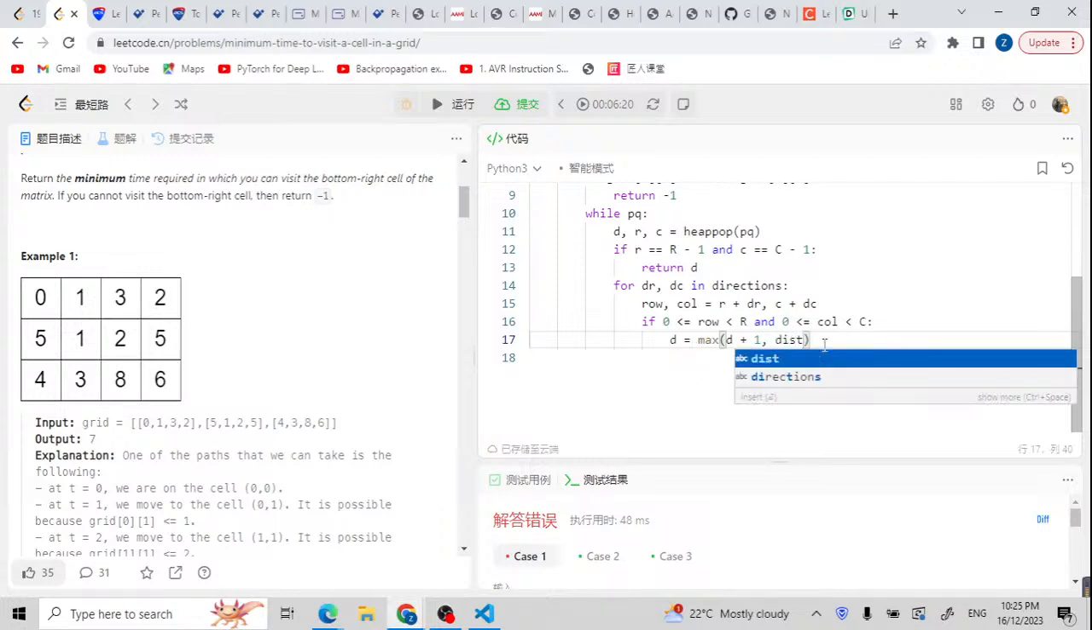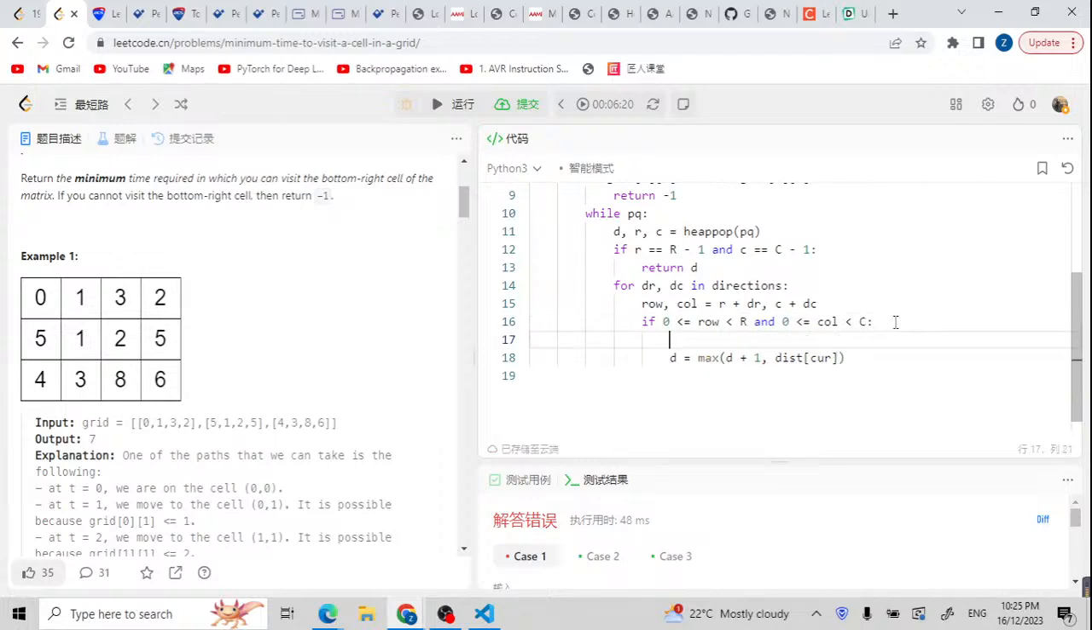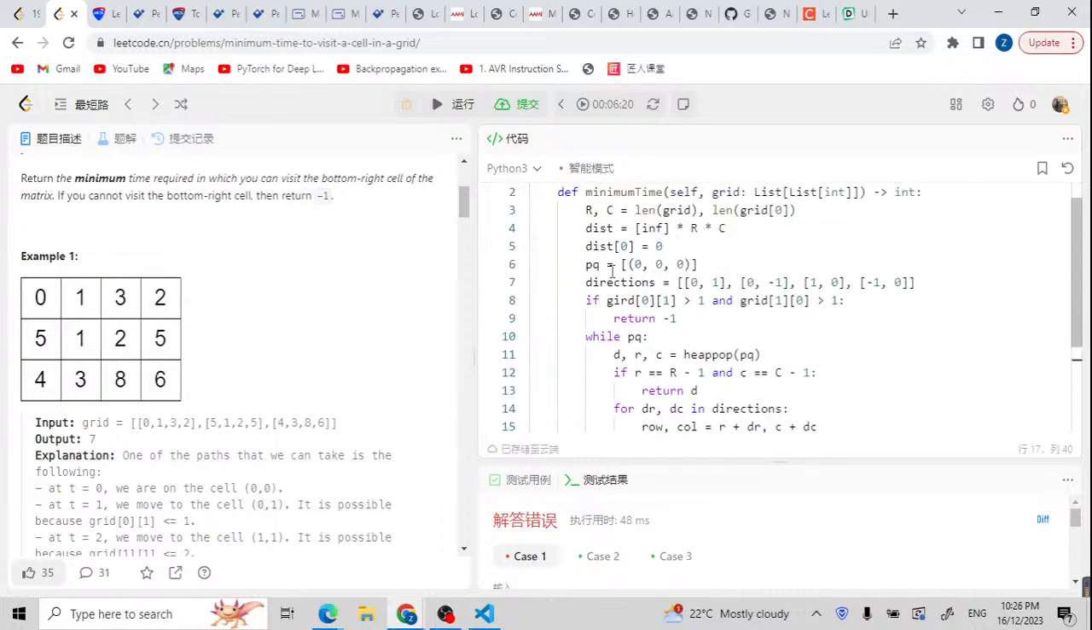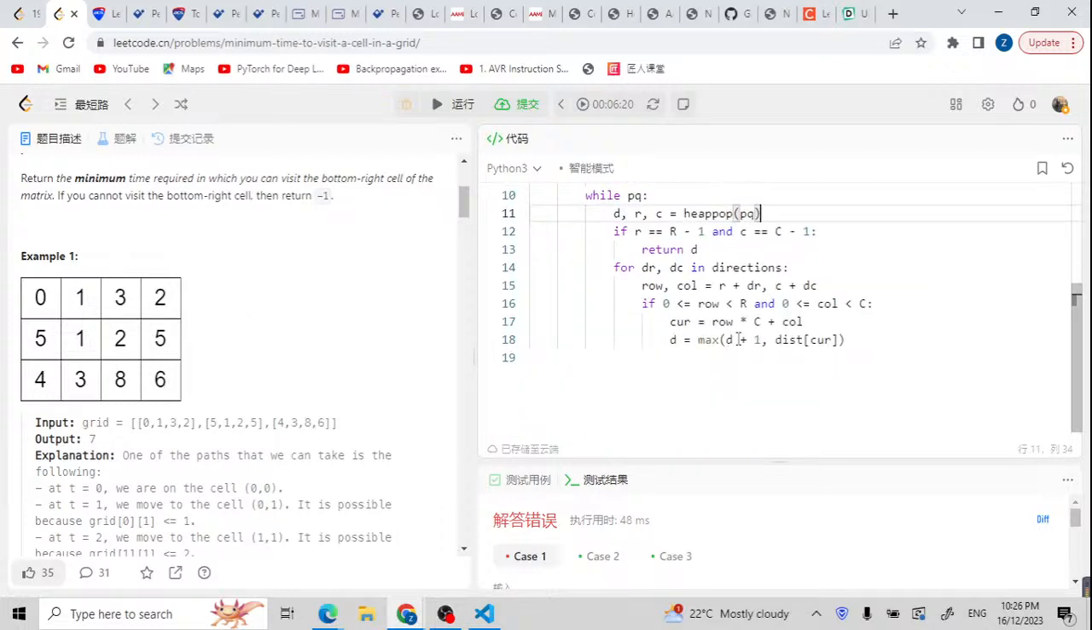So the distance array, I'm gonna prepare a current variable. This current variable would be equal to row times column plus column. So this is just a 1D array and 2D array. You can also use a 2D array, but I prefer to use a 1D array for the distance array. If I put it in a 1D array, similarly for the 2D array, I need to turn it into a 1D array. So this is my current, and I'm gonna take the